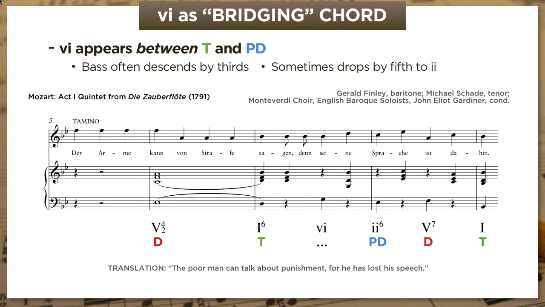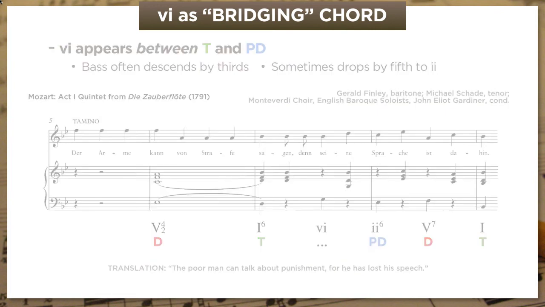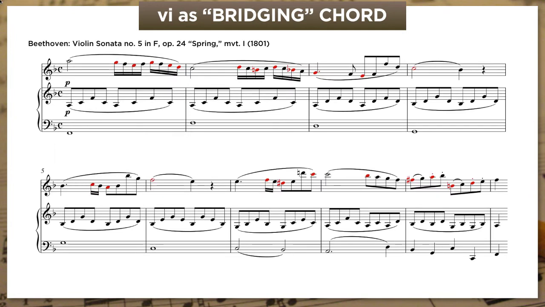For an even more artful version of the 1-6-2-5 progression, we can turn to Beethoven's Spring Sonata, which you've seen in several other videos, I think. The opening of this theme is built from 2 functional cycles, one that's really long, like 8 bars, and one that's really short, only 2 bars.